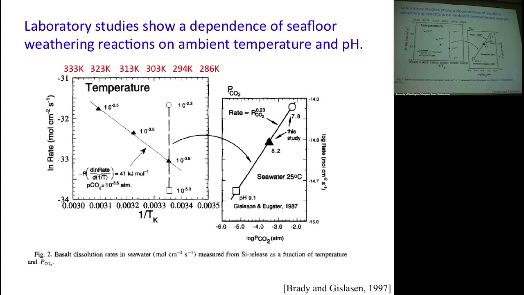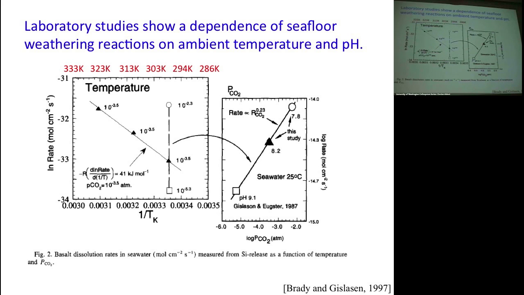But the problem is that there are a number of reasons to think that these laboratory results are not what you're actually going to see in the real system. In particular, you had these really crappy correlations when you go measure in the river, but you get the same sort of relationship if you crush up the right types of rocks in the lab. And so there are a lot of complicating factors that can mess this up.